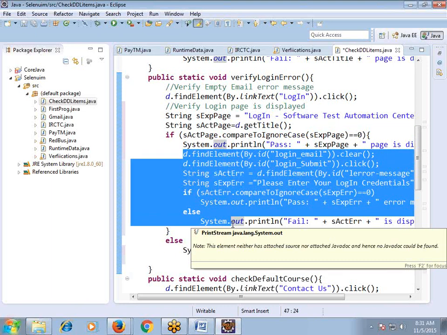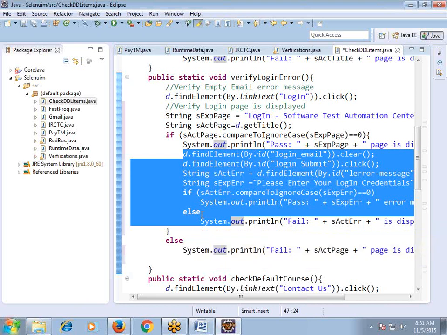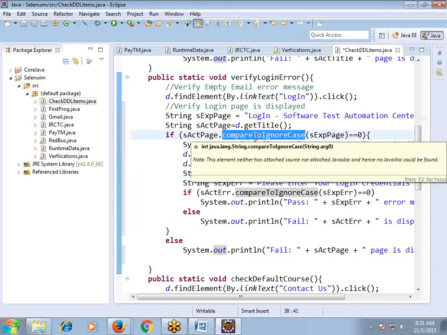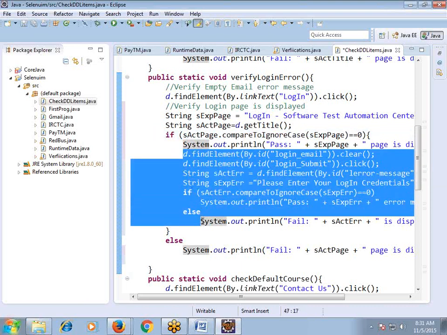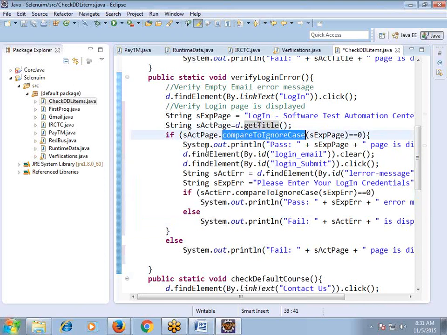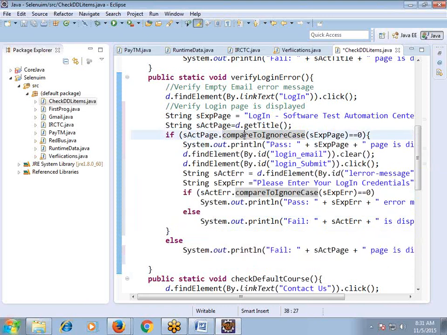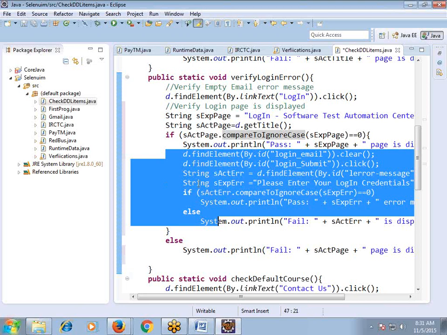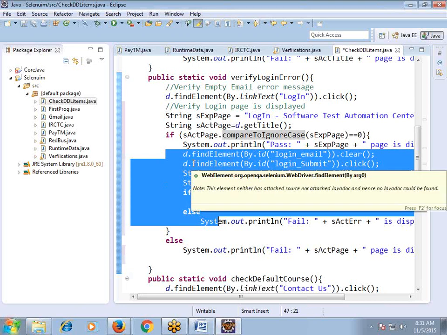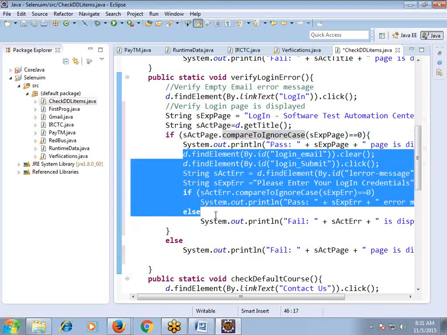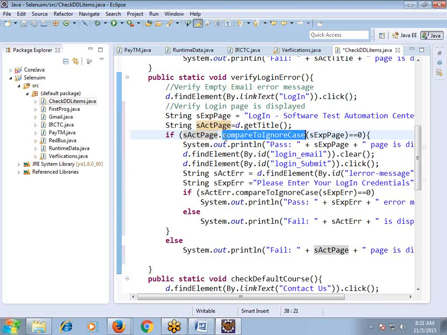So how can you verify the error message inside the login page? We cannot verify, so we cannot run these steps. Understand now? We need not execute these steps if this login page is not displayed. We can execute these steps only if the login page is displayed, only then can we run all these steps. If the login page is not displayed, we cannot execute these steps. That's why we have added all these statements inside this if condition. If this if condition is passed, that means the login page is displayed, so we can execute these steps. In case the login page is not displayed,